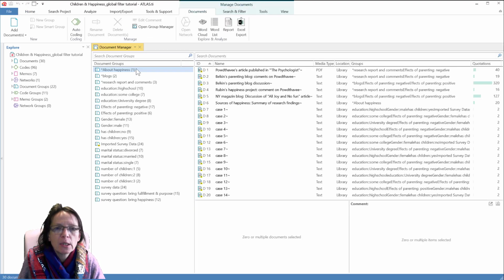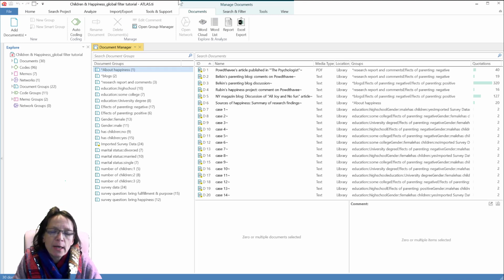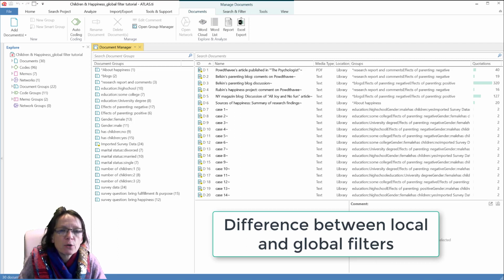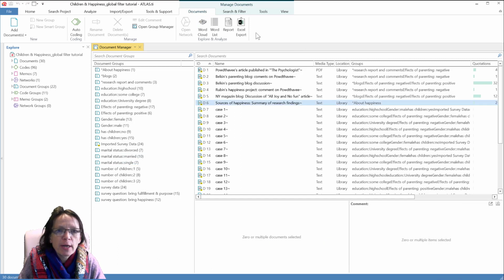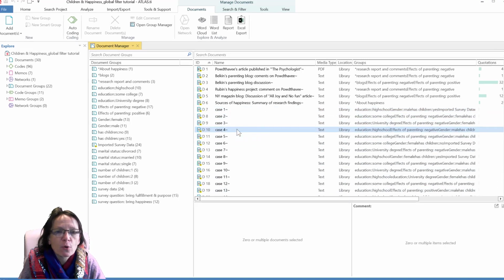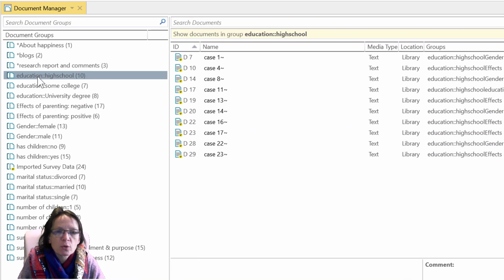So let me open the document manager, and first I would like to explain the difference between a local filter and a global filter. So this is the Children and Happiness project you might be familiar with from the quick tour and other tutorials I've been doing, and it also contains some survey data, and so we have some document groups for the classical socio-demographic characteristics like education. So these are my cases